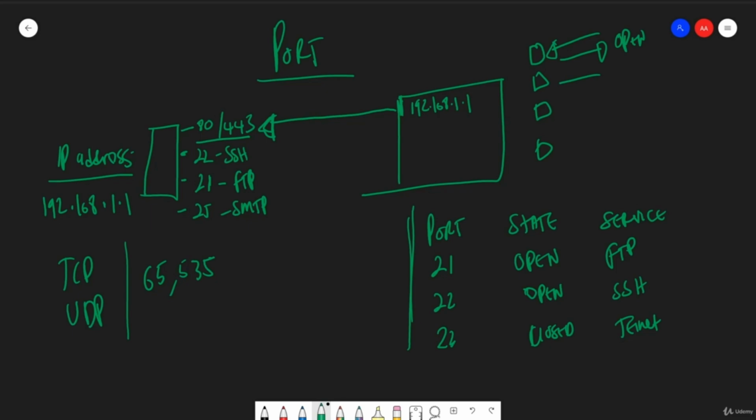So let's say Nmap sends it again, and this time it doesn't get a response. So Nmap says, hey, that might be closed, and so on and so forth. And of course, it gets much more complicated than this, but I just wanted to introduce you to the concept of a port if you don't have a good understanding of it already,